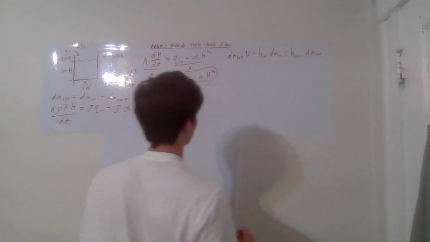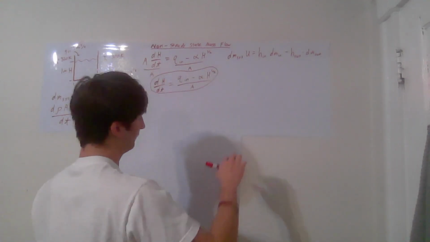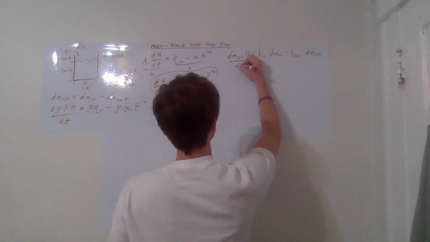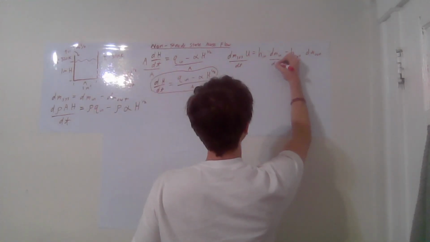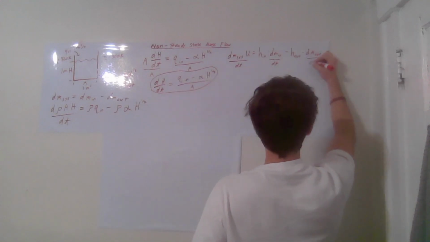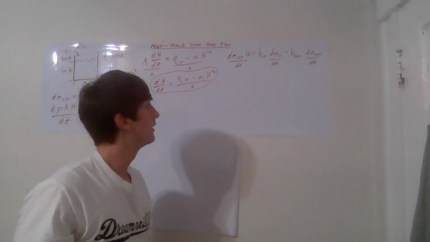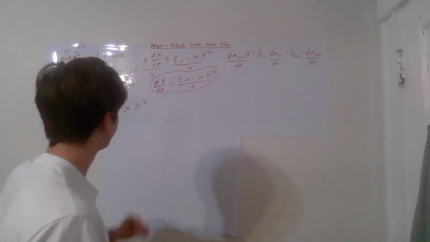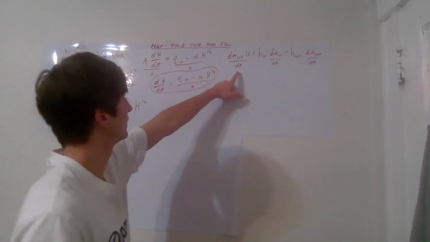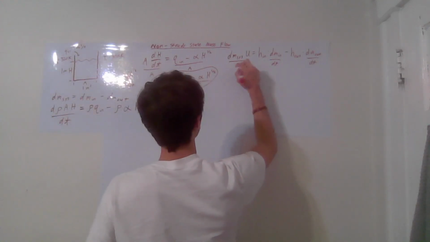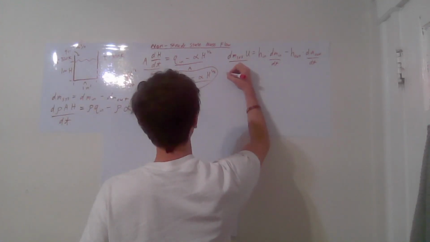And now we have to take this with respect to time. And we're going to say dt, dt, and dt. So we're taking respect for time. And what we can do now is input our values. So instead of the mass of our system, we're going to do the same thing. We're going to say